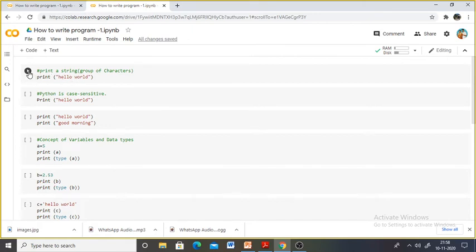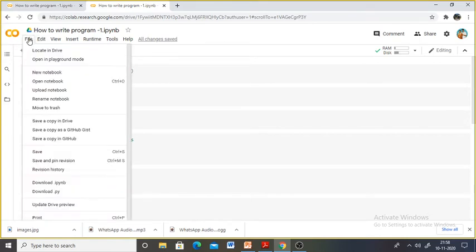This is colab.research.google.com, and we use it with our accounts. Here I am using my personal account, and you have so many options here. File, you can see it will be stored in your drive, and this is known as a notebook, a Colab notebook. If you want to create a new notebook, you can do that. Open an already existing one, you can do that.